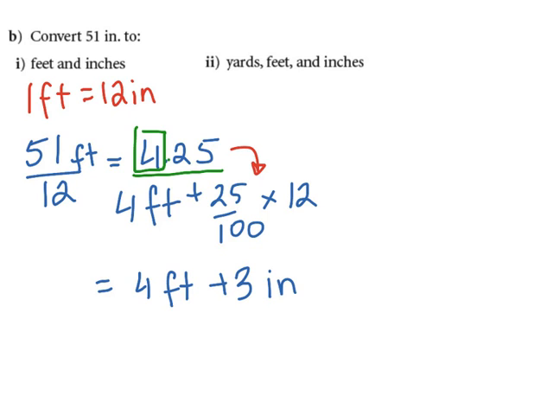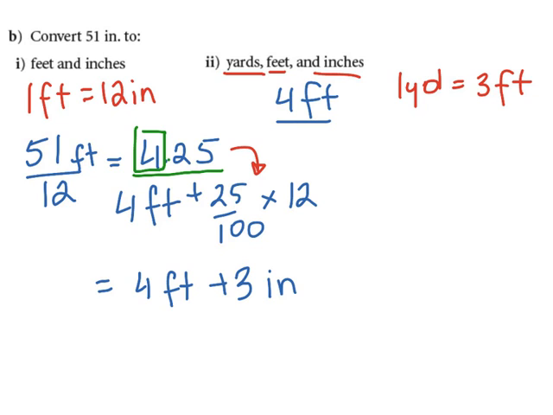We already have inches settled, but the feet, or the 4 feet, has to be further divided into the yards. Let's take a look at the conversion. We know that 1 yard is equivalent to 3 feet. So we know that part of the 4 feet is actually, there's a yard in it. How do we know this? We divide the 4 feet by the conversion. 1 yard is 3 feet, so 4 feet divided by 3 is equal to